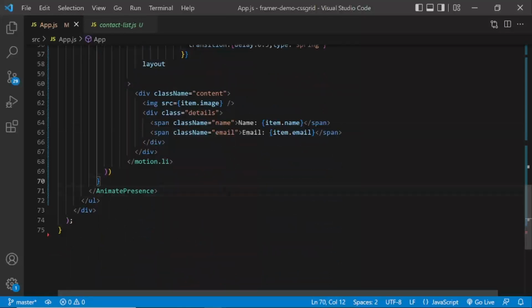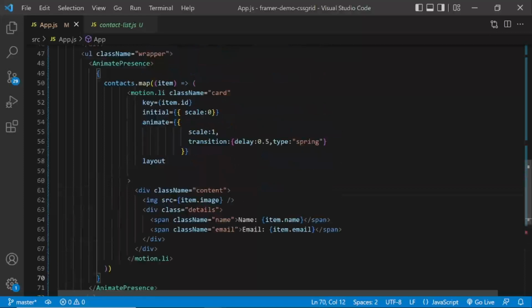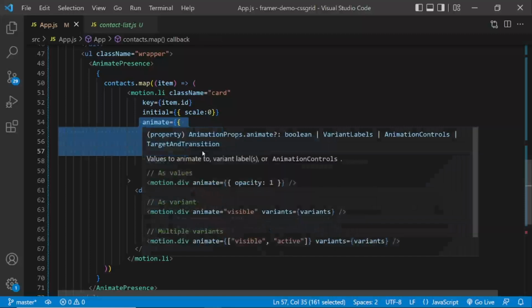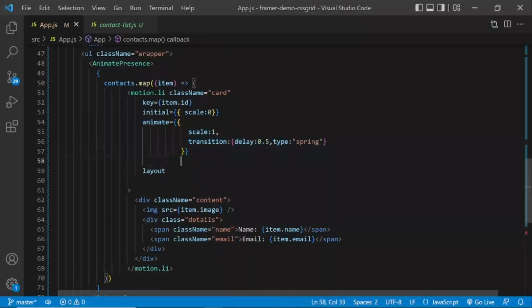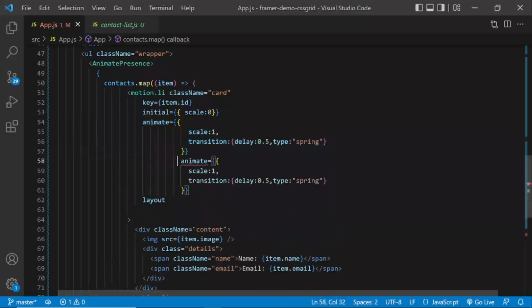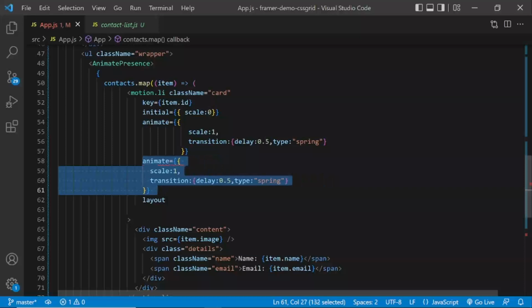Okay, so now the next thing we need to do is add a property here called exit. So we can just copy that and just paste that there, and we'll just call it exit.